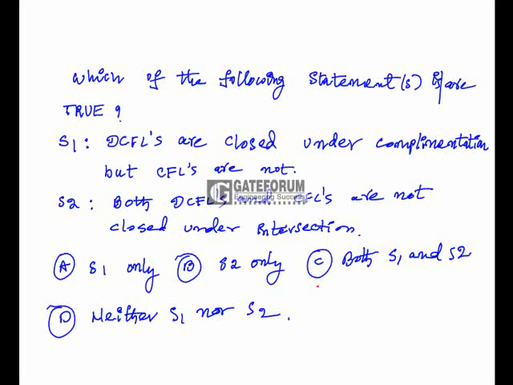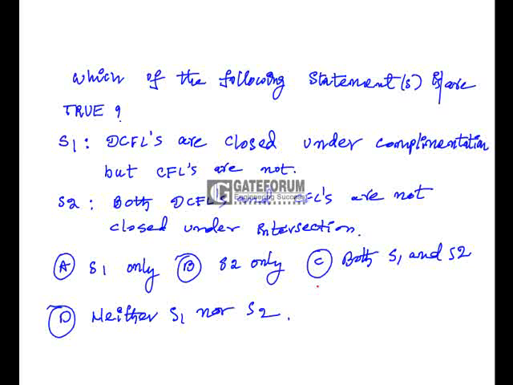Statements is/are true. Statement S1 is DCFLs are closed under complementation, but CFLs are not. Statement S2 is both DCFLs and CFLs are not closed under intersection. A. S1 only, B. S2 only, C. both S1 and S2, D. neither S1 nor S2. So here as far as the CFLs are concerned, the CFLs are not closed under intersection